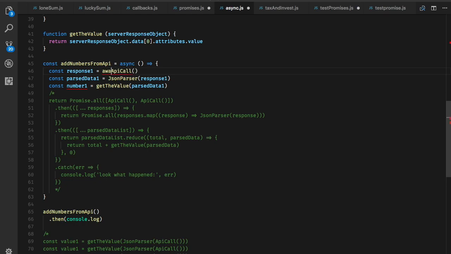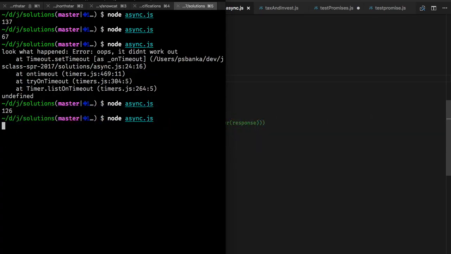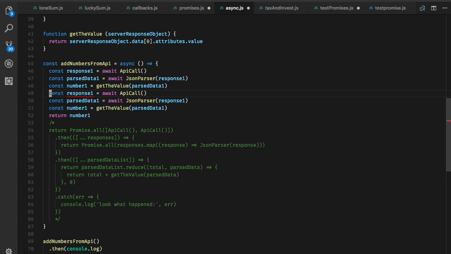So all we have to do is put the magic word await in front of anything that returns a promise, and it's going to act as if we did all the proper then this and then that. Let's see if I'm lying. Bam. Now, of course, we're not adding two numbers. We should be adding two numbers. Exactly. We don't have to worry about